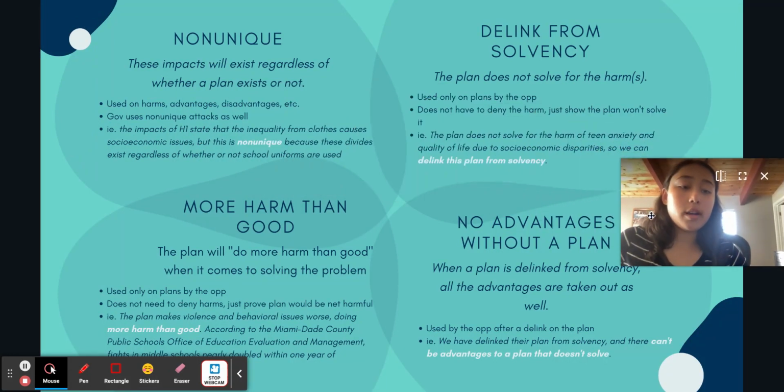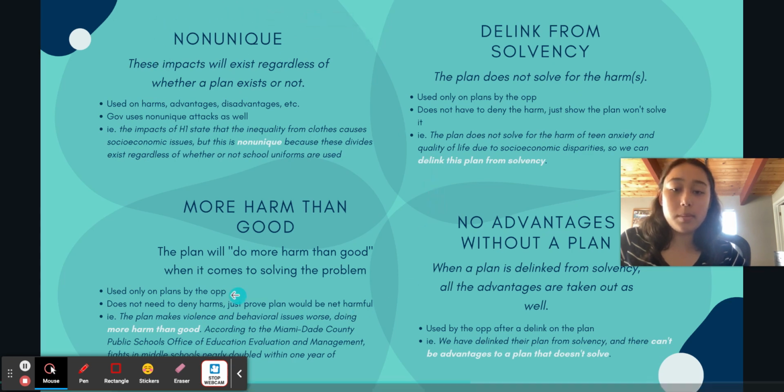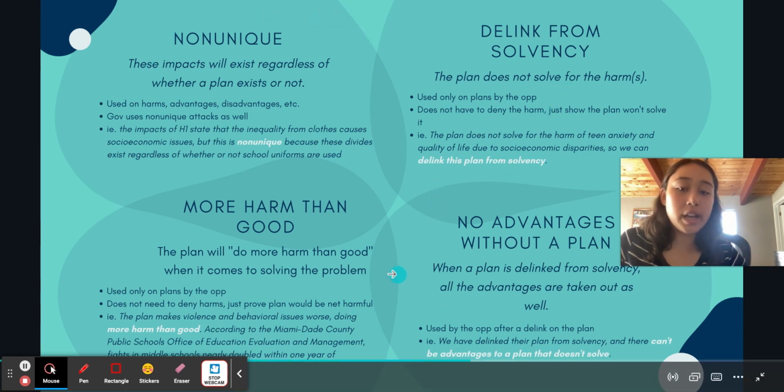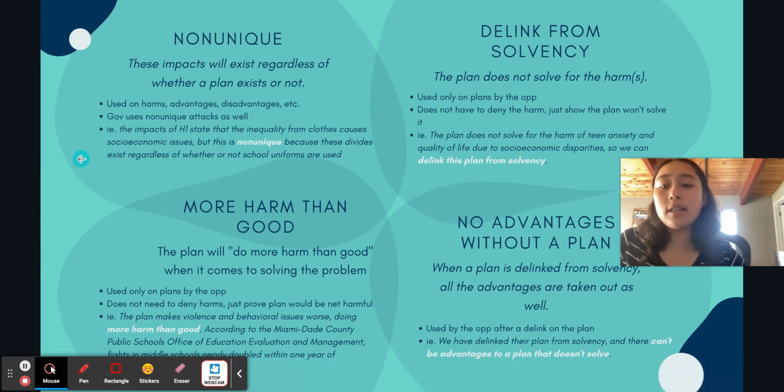Now, there's one argument, which is known as non-uniqueness. So these impacts will exist regardless of whether a plan exists or not. It's used on anything, harm, advantage, disadvantages, anything at all. So Gov actually can use non-unique attacks as well, but it tends to be more common on the op. This is like a rare example where non-uniqueness can be used on both the Gov and op. All these other arguments can only be used for the opposition against the Gov, but non-uniqueness applies to the opposition